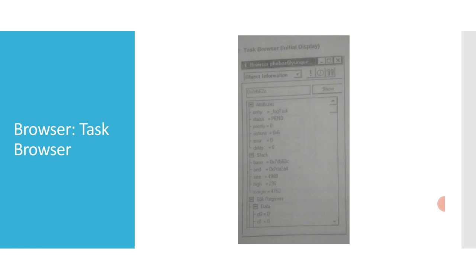At the top of the task browser, you can see global task attributes and information about the stack, allocation, and usage. The last major region shows the hardware registers for the task. Their precise organization and contents depend on your task architecture.